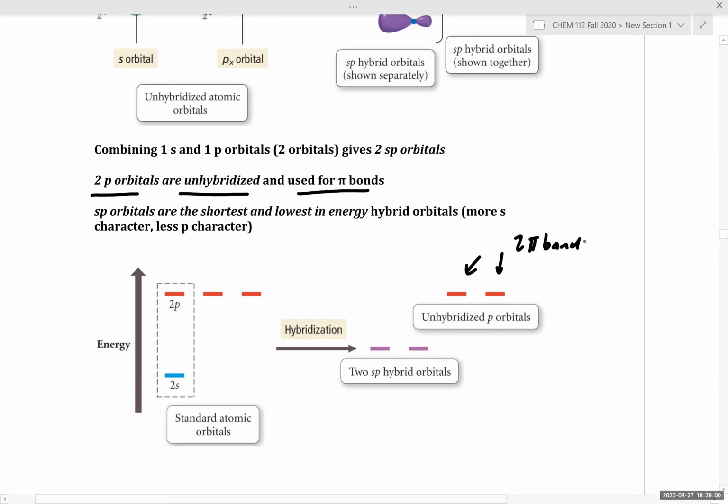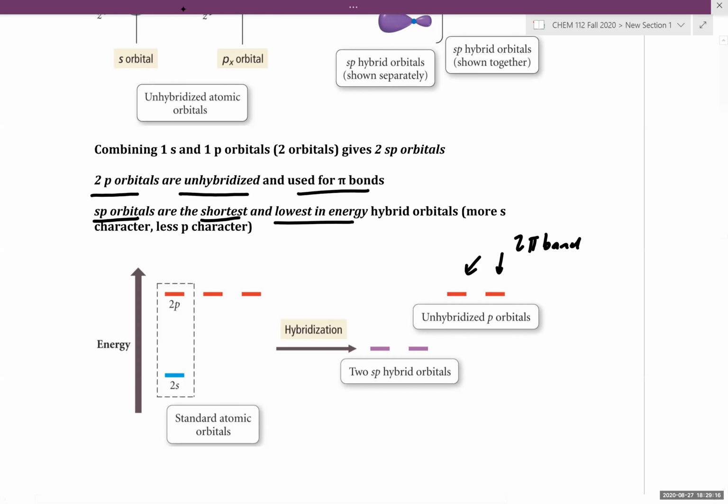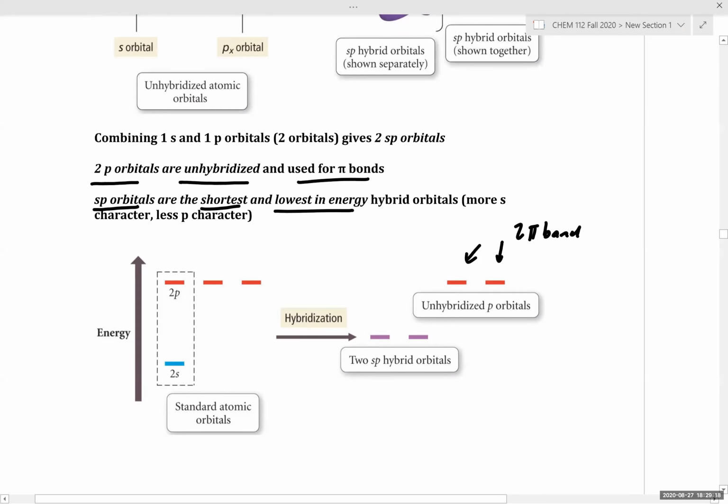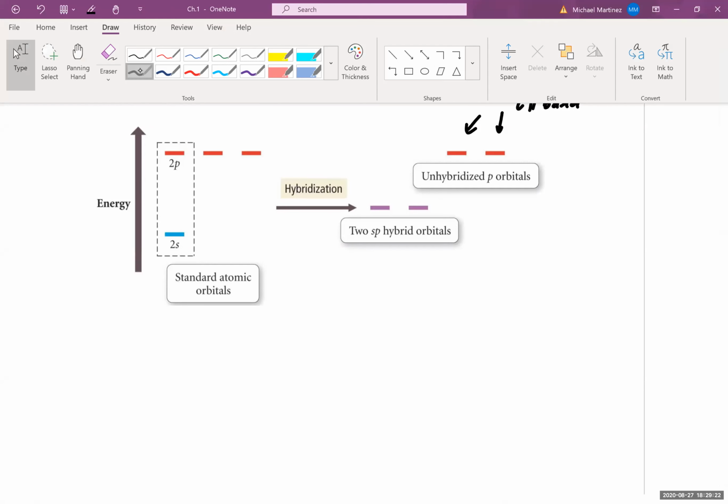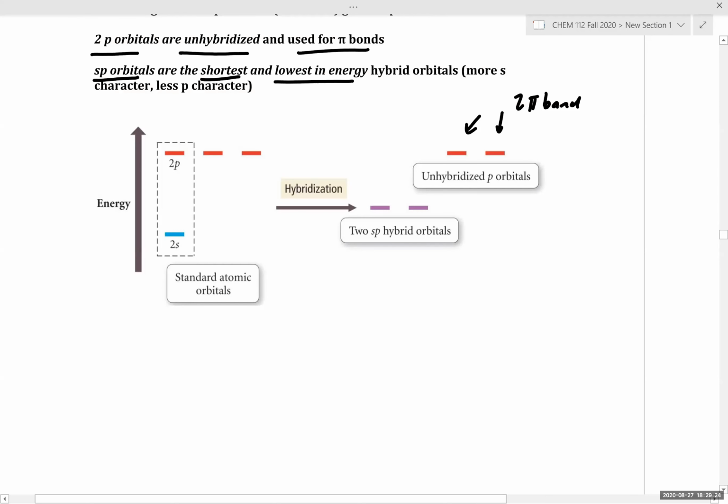Further, one thing that I'd like us to note, as we are only using one p orbital and we have very little p character, sp orbitals are going to be the shortest and the lowest in energy hybrid orbitals. Keep in mind, they're short and low in energy. So just to draw a picture of this,